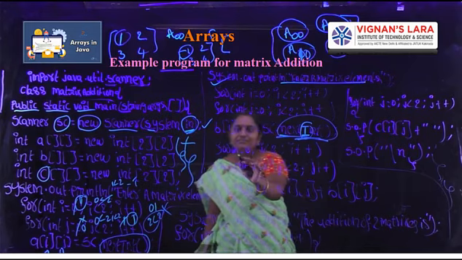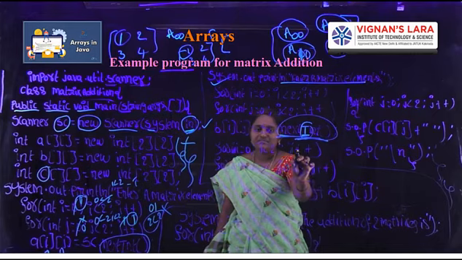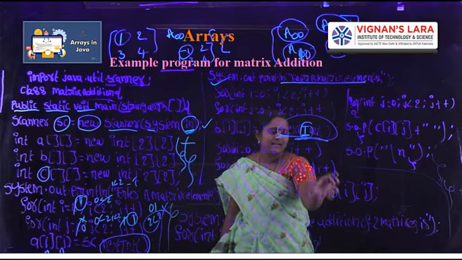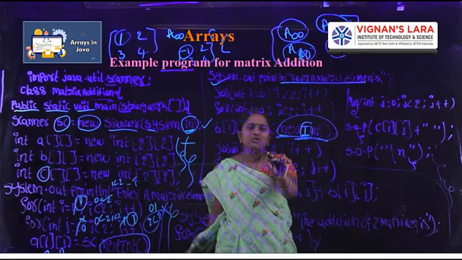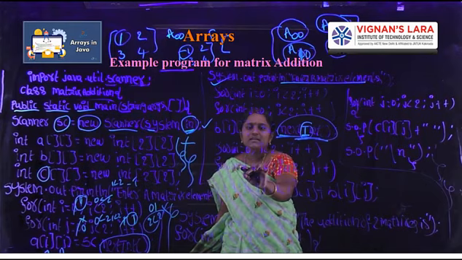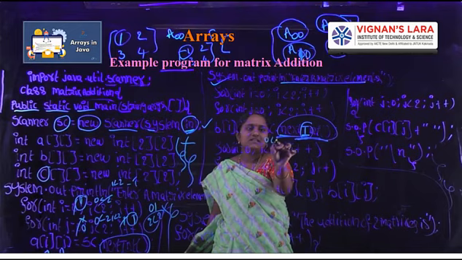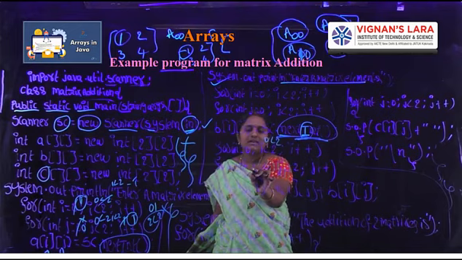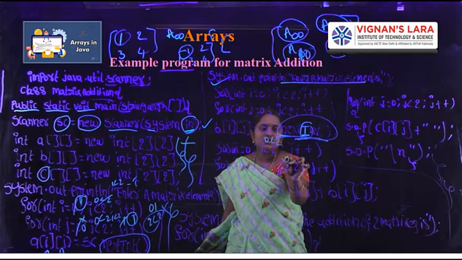Okay, next one. Here int i equal to 0, i less than 2, i plus plus. The i value can be iterated in the same way, in the same steps. I can write in this way. Here int i equal to 0, i less than 2, i plus plus. Next one, first i value is 0. It checks the condition 0 less than 2. Next, the j value nested for loop could be executing. Here int j equal to 0, j less than 2. Here j value 0, 0 less than 2.